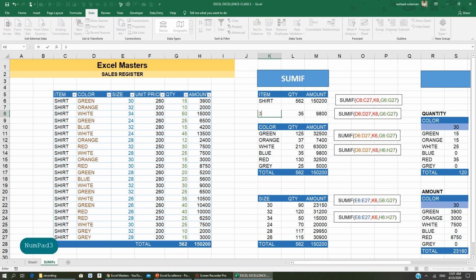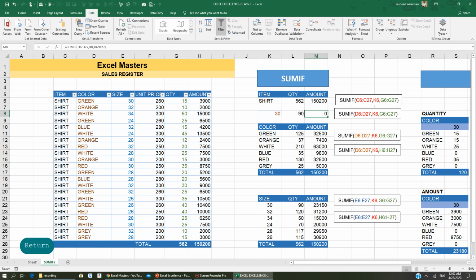If you type 30 here, the whole value will go to 0, because it is taking this 30 in the color column, but it is not available there, that's why it is giving 0. If you are taking the size, you have to change the range also. Here the range is coming from color, so you have to change this range to the size column. Now I change it, you can drag it, then you got 90, but you didn't get the amount,